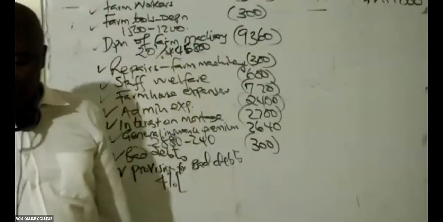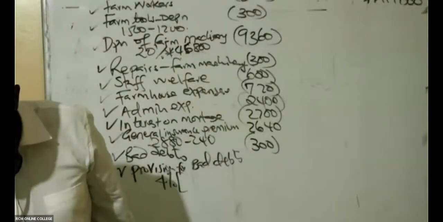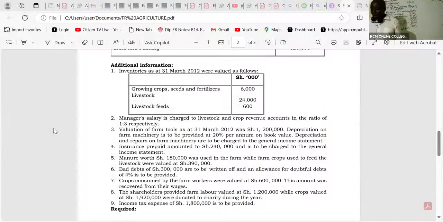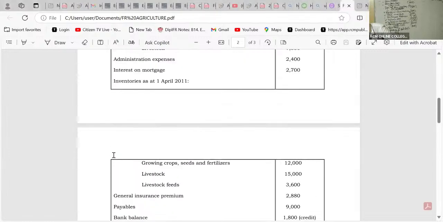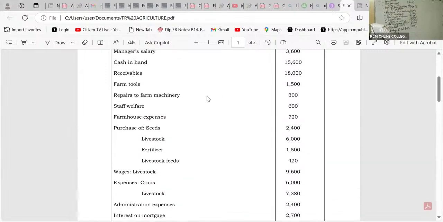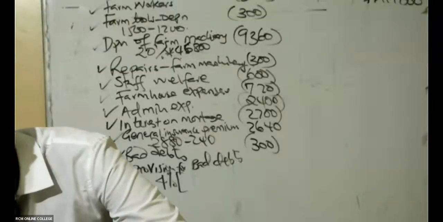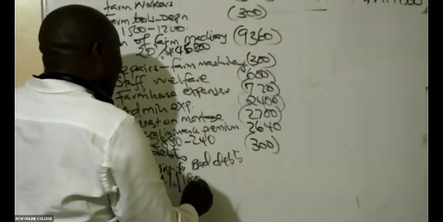If you look here, you are able to see the receivables of the farm. Receivables show a figure of 18,000. So it will be 4% of 18,000